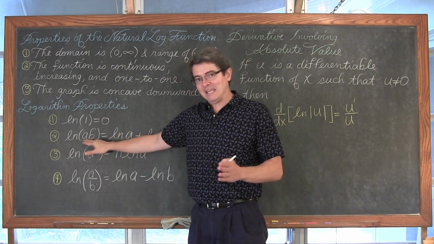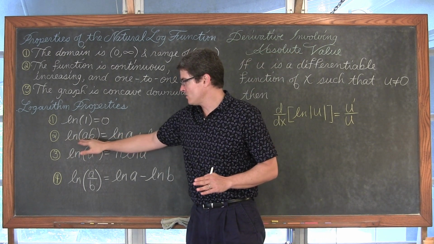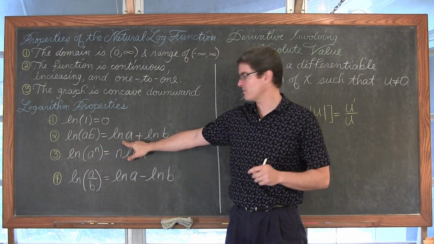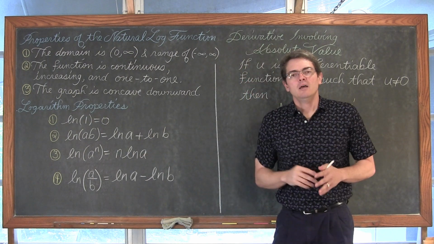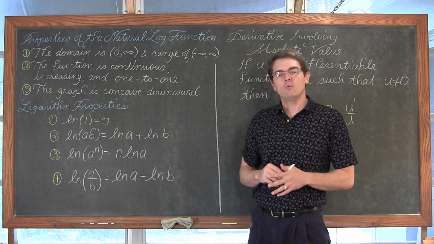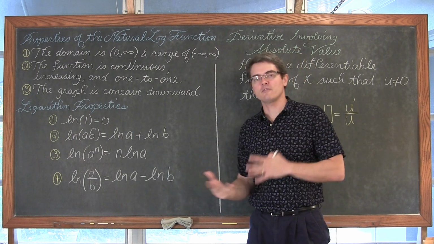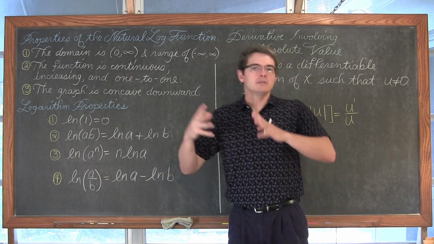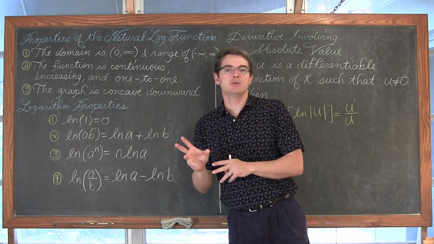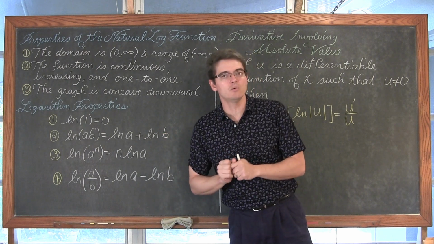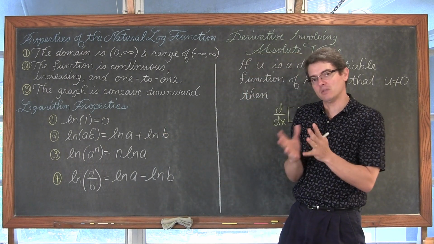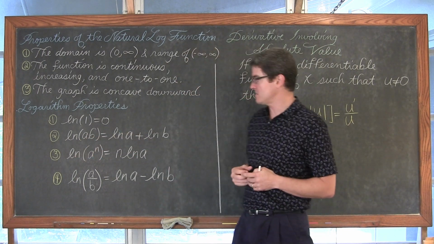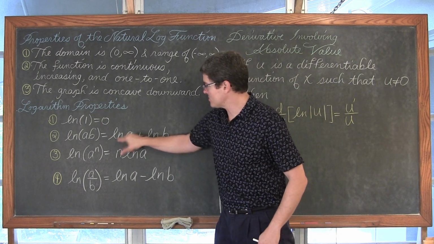The natural log of AB, so you're taking these two items and multiplying them together inside the log function. Well, that's equal to the natural log of A plus the natural log of B. Again, just like I said a few minutes ago, when you log a value, or a natural log of a value, or any base for that matter, you get an exponent, right? Like, again, the log base 10 of 100 is 2 because 10 squared is equal to 100. So we're dealing with basically exponents here. So when you multiply with like bases, that like base being the e, which is the base of the natural log, you add those exponents.